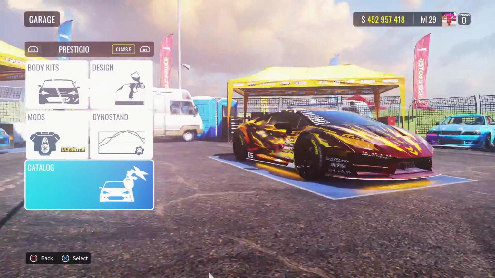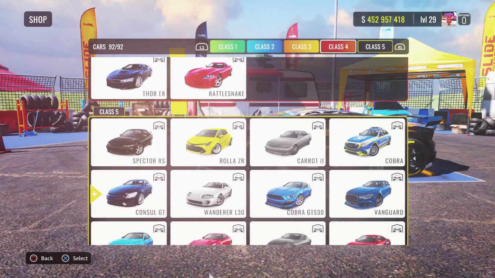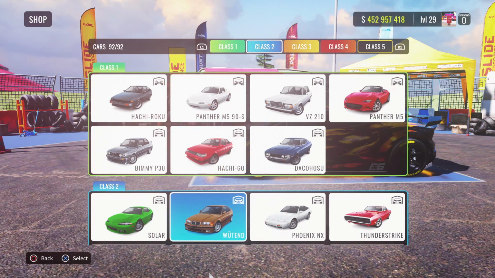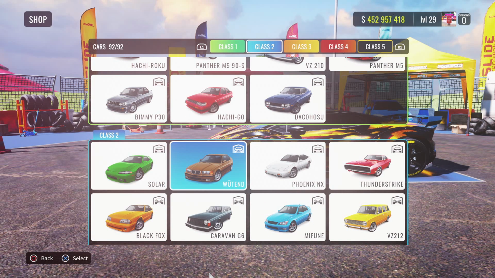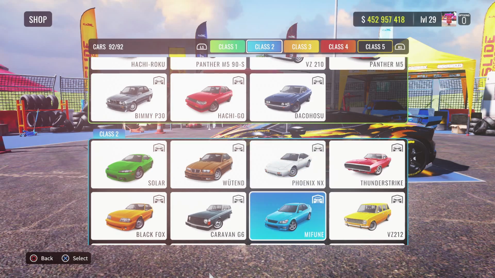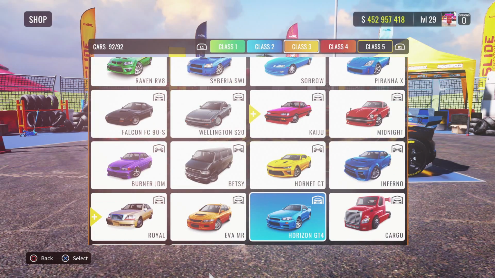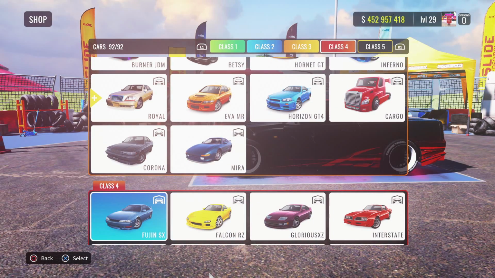selection. Now CarX is constantly adding new cars and coming out with updates that have a lot of new cars in them. So some of the cars we have is like the Toyota AE86, we have a Mazda Miata, we have a little E30 there, a Mitsubishi, we have a BMW, we have Nissans, we have literally a ton of cars. And when I say we have like a ton of cars, we even have the R34, the R32, Nissan